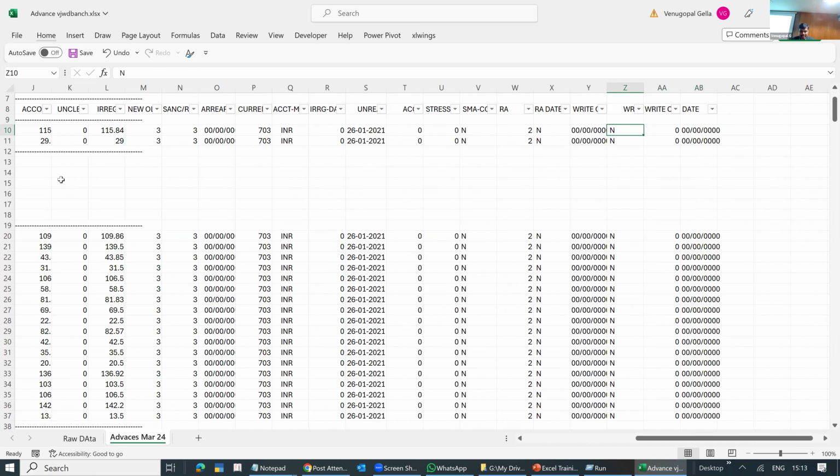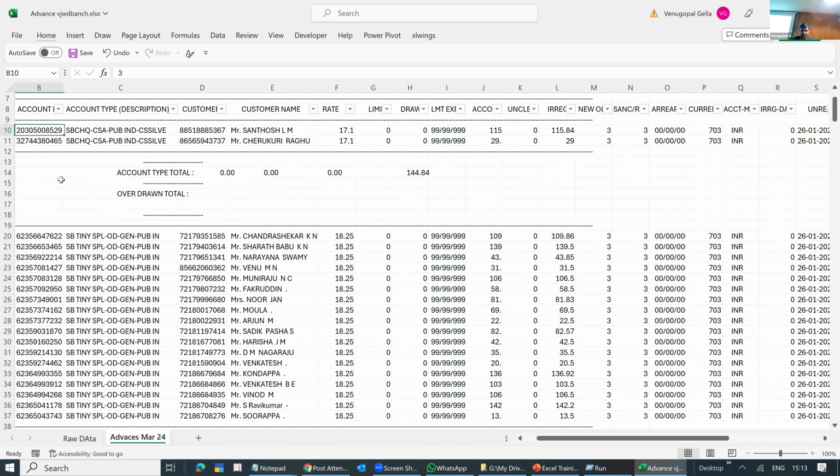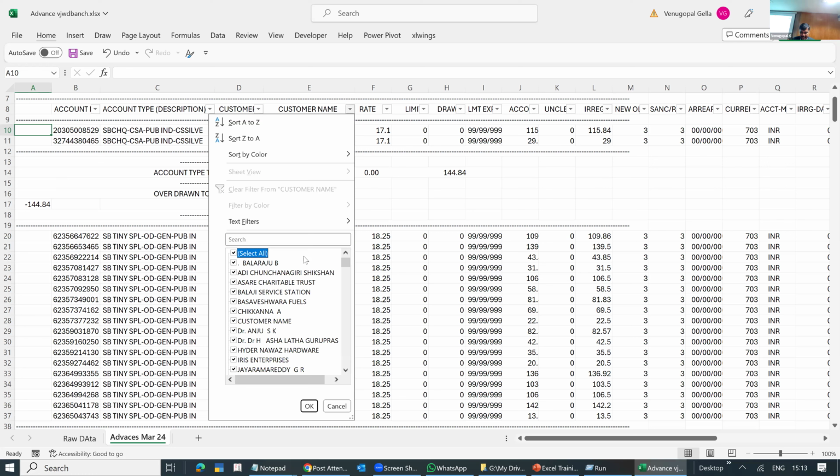Once that is making sense, then you need to clear the unwanted junk data that exists at various places. I will choose customer name as the field, and I am going to the end. Always go to the end. I am picking the blanks.